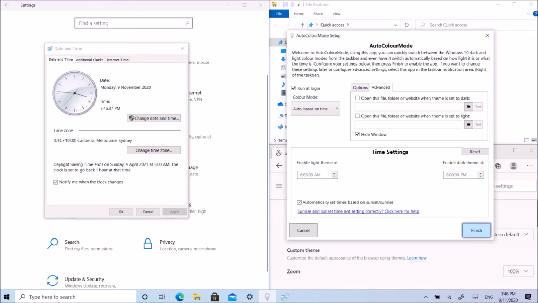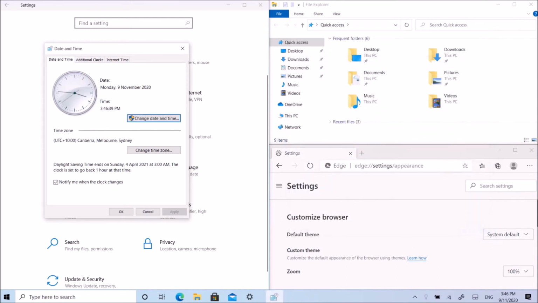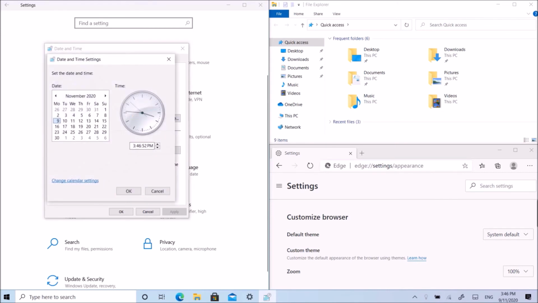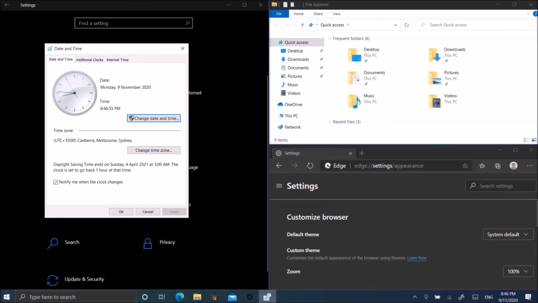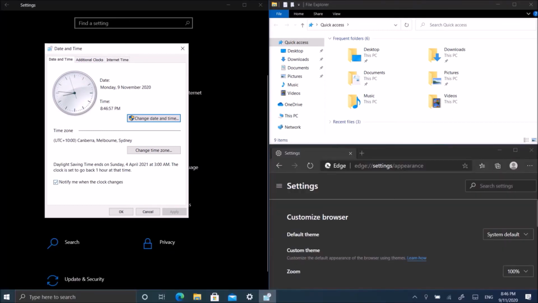Once you're done setting up the app, you can just click the finish button, and you should remember that the app will continue to run in the background. So what that means is that if I change my time, even though you can't see AutoColourMode on the screen, change it to 8:45 or 46, then everything goes into dark mode, even though AutoColourMode is not currently on the screen. That's because it runs in the